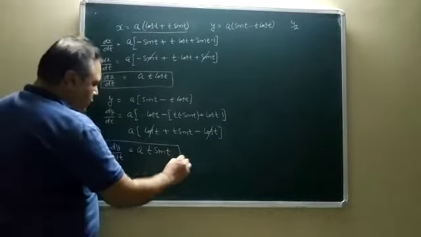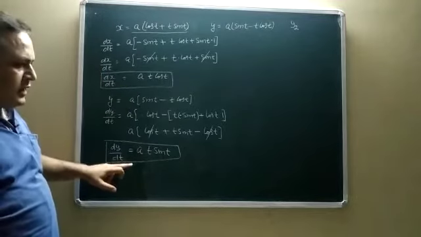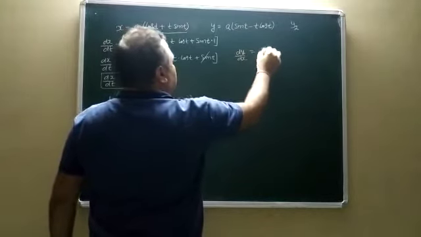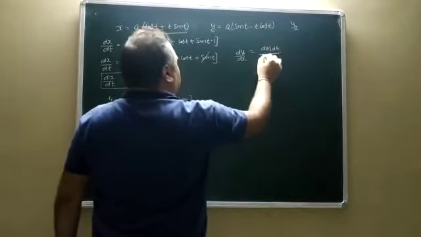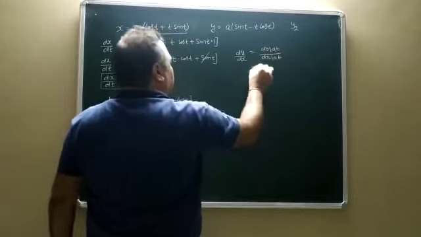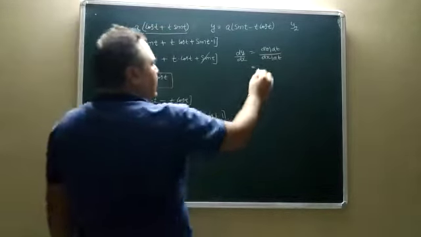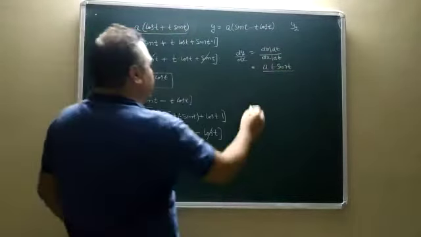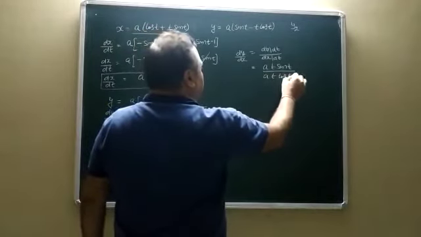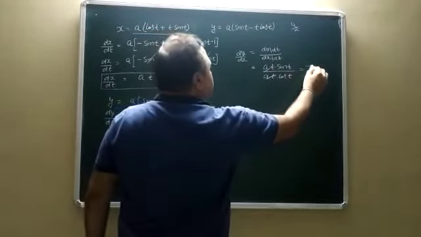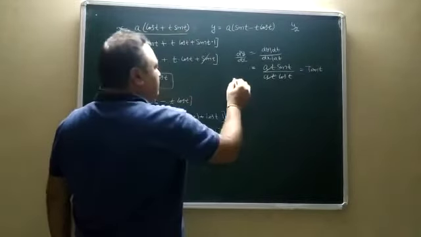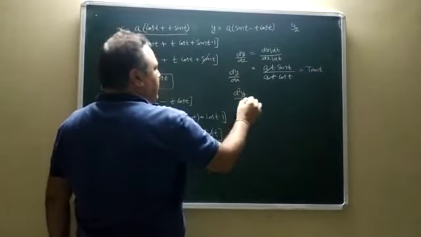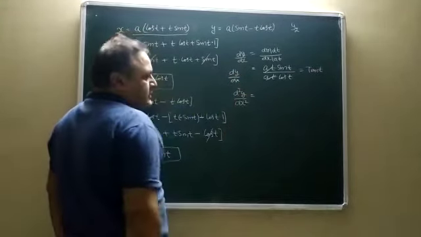Now see this one. You know dx by dt, and you know dy by dt. We calculate here dy by dx, that is dy by dt divided by dx by dt. dy by dt is a t sin t upon a t cos t. This a and t cancel. Your answer is tan t. Now dy by dx is equal to tan t, and for the double derivative d square y upon dx square,